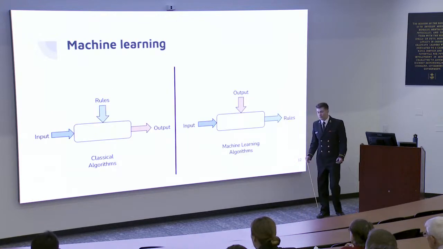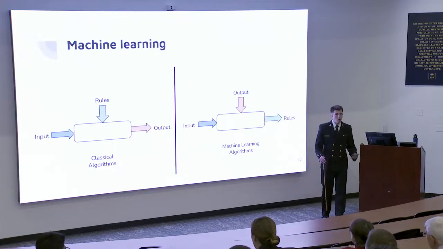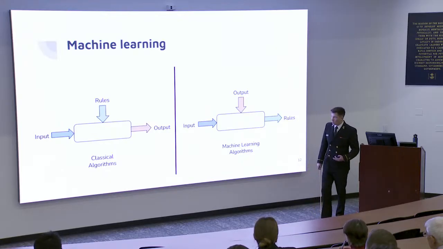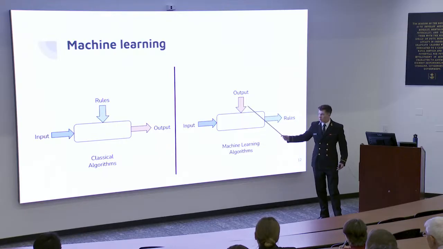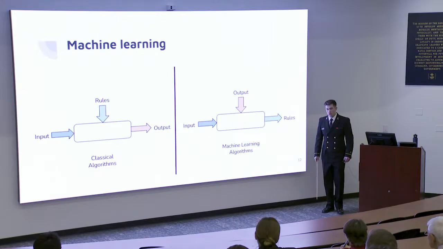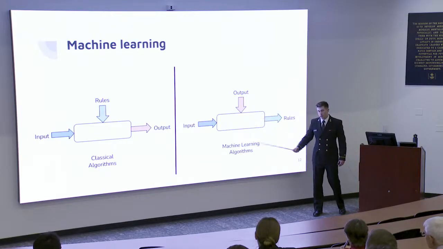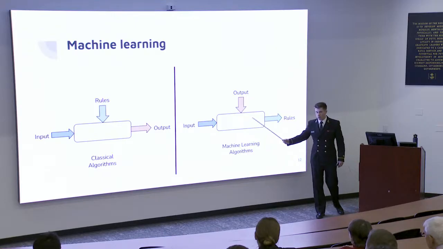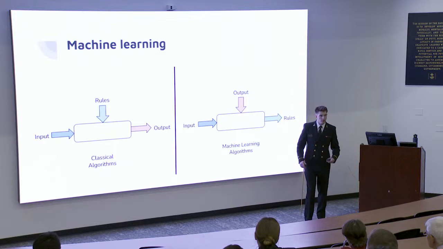So, all of these large language models that I've shown you so far are too large, too complicated to code by hand. When we have problems that are very hard and we can't write the rules to generate output from input, we rely on machine learning algorithms, where we provide an architecture with many input-output pairs, and it generates the rules itself. We can then use those rules to predict what an output would be for an input that we've never seen before.